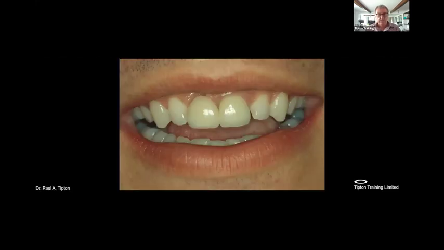And in these cases, you may decide with a high lip line that it is better, more predictable to go for bridge work. So we have a case here where, again, this is our lip line, and we can see now the gingival margin already. The patient has got a single cantilever in place. And you may decide that, okay, I'm going to just go and replace the single cantilever. However, in this situation, our patient was unhappy with the bridge and wanted an implant, came to us with an implant. So we have difficult aesthetic